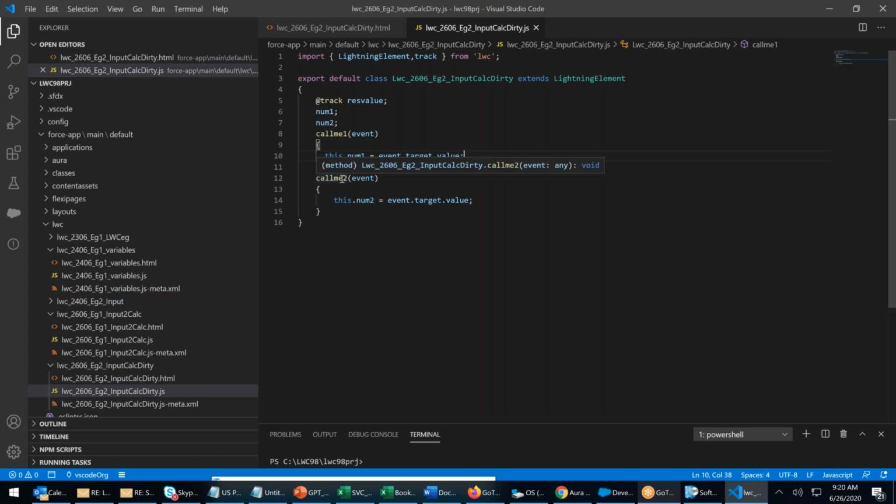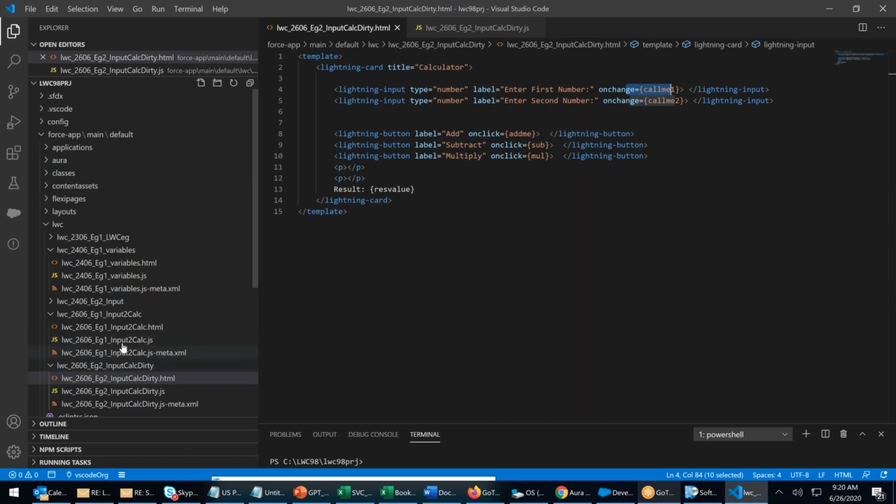Whenever you are in input 2 field, it is calling call me 2. Whenever it calls call me 2, immediately the data tracks the change. Each and every change. You're typing one keyword, and one keyword is getting assigned. 7, 7, 6. You type 7, then you type 6. First 7 will be assigned, then 76 will be assigned, then 766 will be assigned. Like this, it's getting assigned.